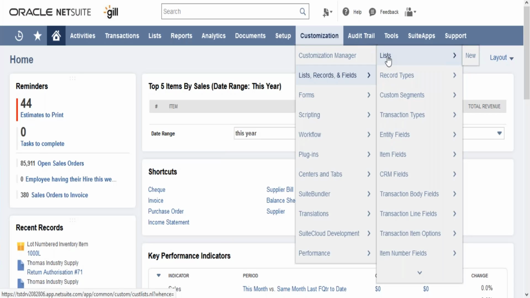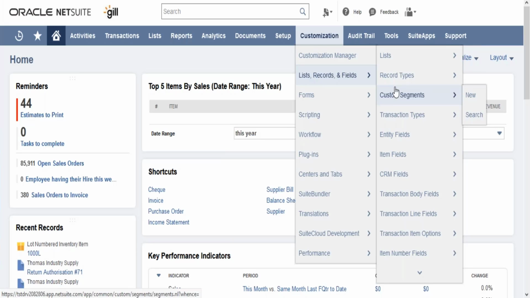Custom record is nothing but a record wherein you can store or create various custom fields so that the information can be stored in those forms. So whatever information you will not be able to save in the transactions or on the entities, you can create a custom record for that. Similarly,